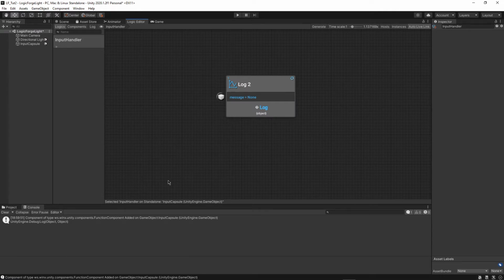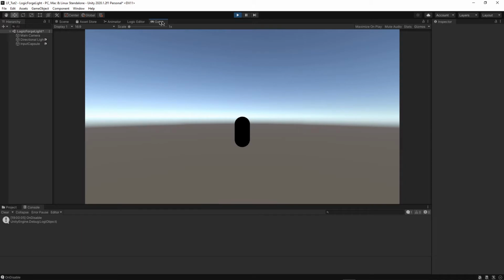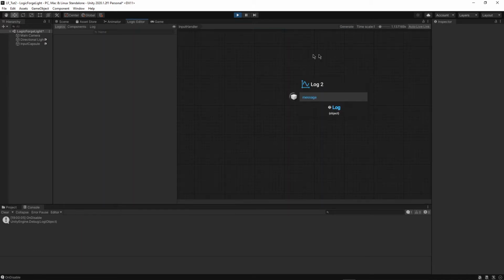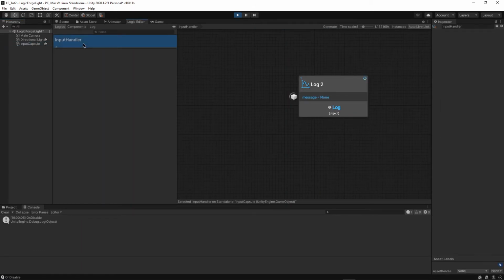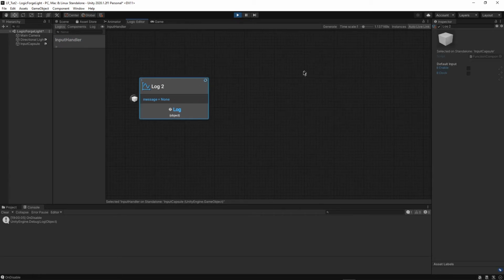So this creates a log node and you can see a new message was created right here as well. But I'm just going to click and clear that. Right now we don't really have a message, but that doesn't matter. What we can do is press play on the game and test it out. So make sure you click back on input handler again, get everything set up,